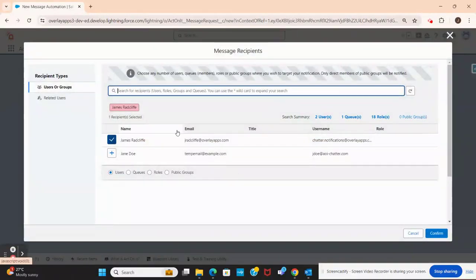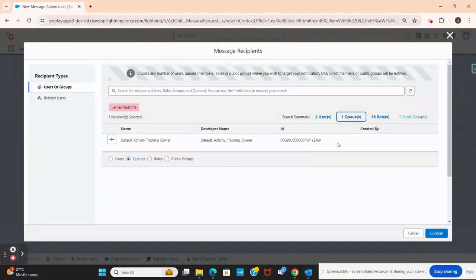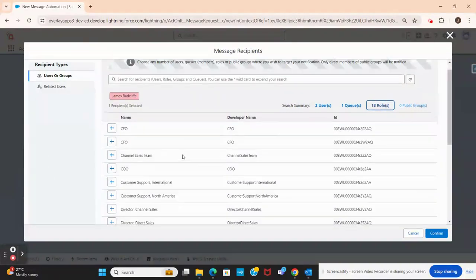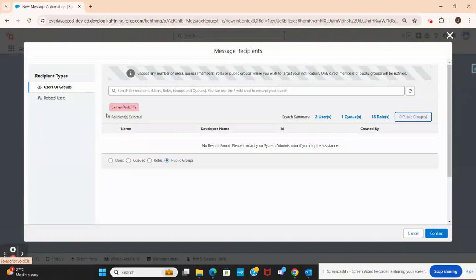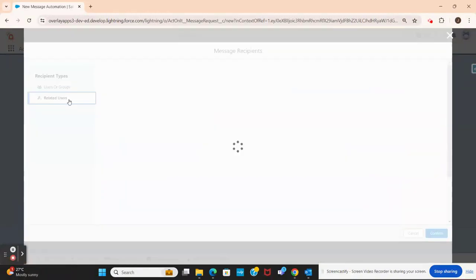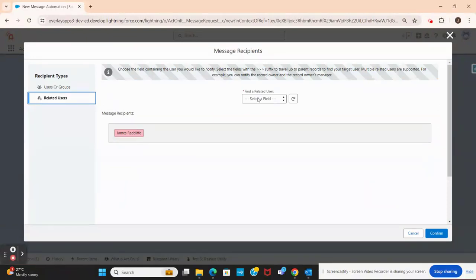And we'll be presented with a list of all the users of the application that we can copy in to receive this notification. We can target particular queues, we can target particular people based on their role as well, and their public group membership. But for us, we want to notify a user that's related to the record. So we'll click on the Related Users tab and we'll be presented with a list of fields of users that